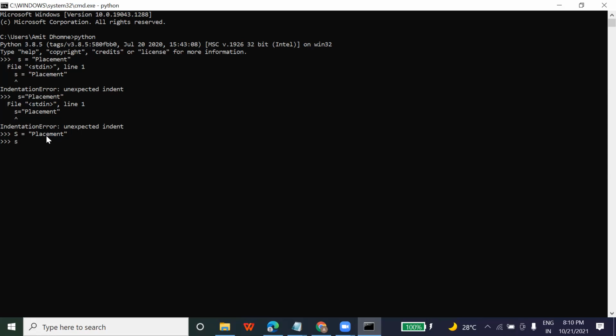Now when I type s here, this is capital. If I take small s, it will give an error: s is not defined. Why? Because I have not declared small s. But if I type capital S and press enter, you can see it is printing that.